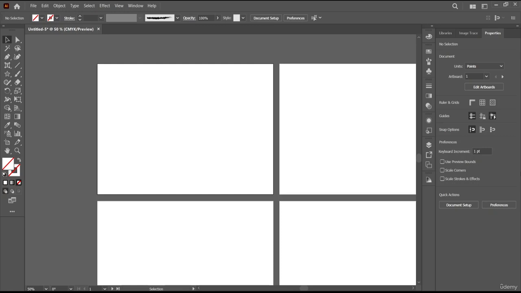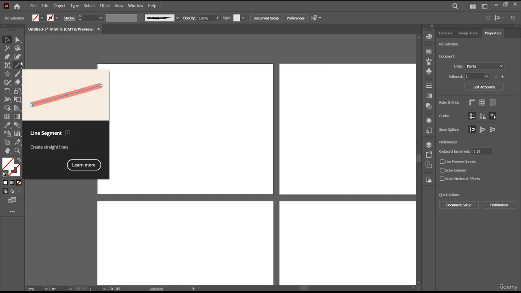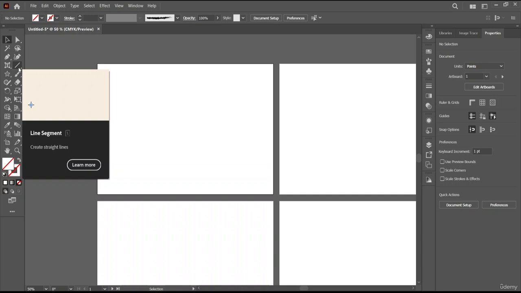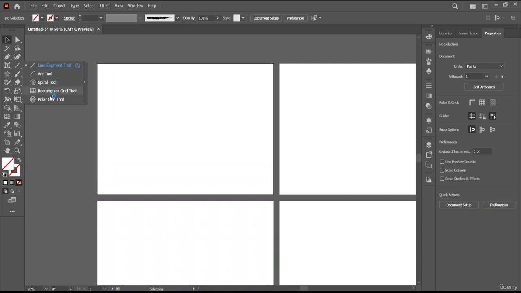In this video I'm going to teach you all you need to know about the line tools that are present right below the curvature tool over here. We have several different tools, five to be exact, and the first is the line segment tool. What the line segment tool basically does is create lines, and then you can either use those lines to